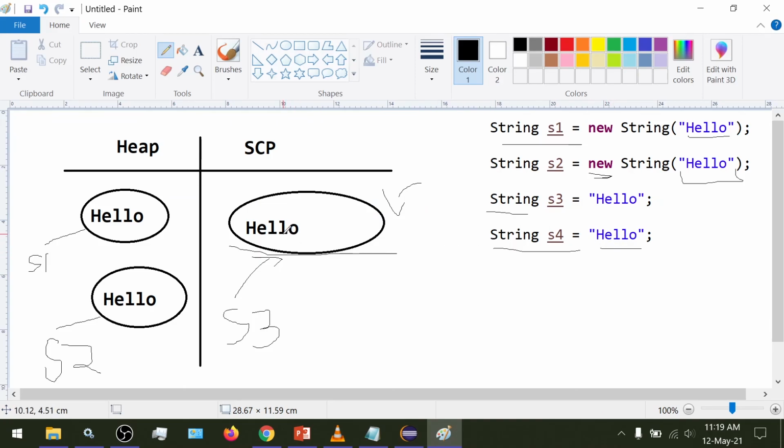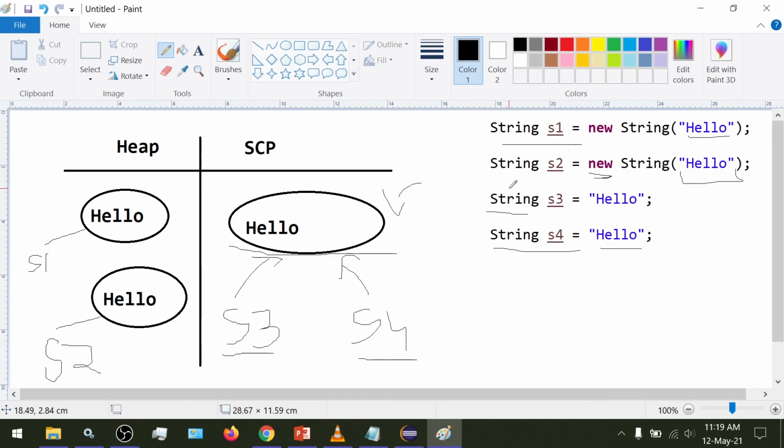But since the object for hello already exists inside the SCP, the JVM won't create a new object. It would create a reference to the existing object and return that. So in the end, three objects would be created, two inside the heap and one inside the SCP. And to the SCP object, we get two pointers, s3 and s4.